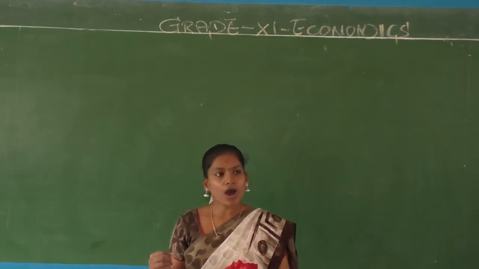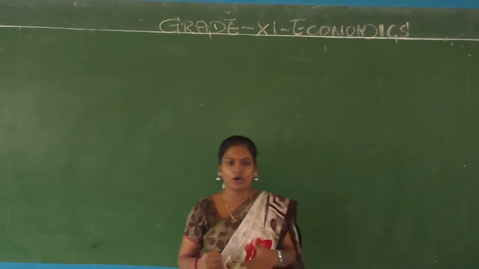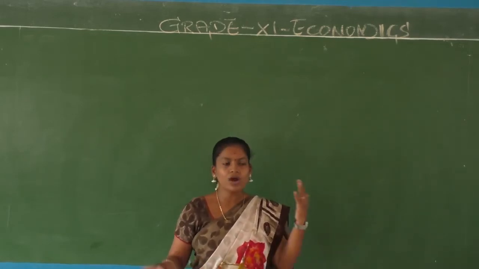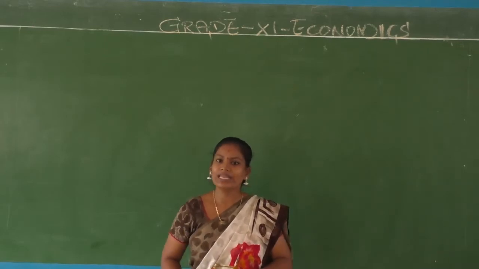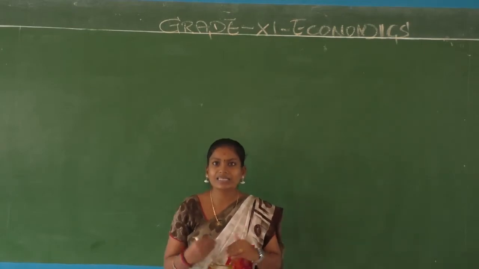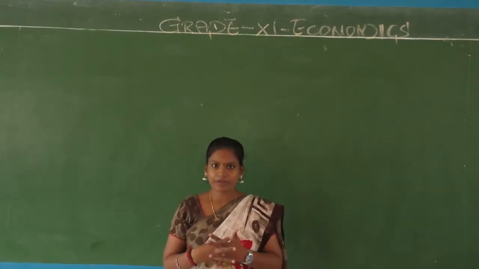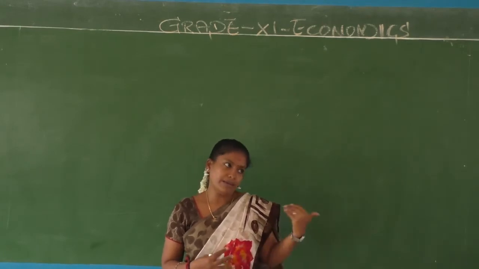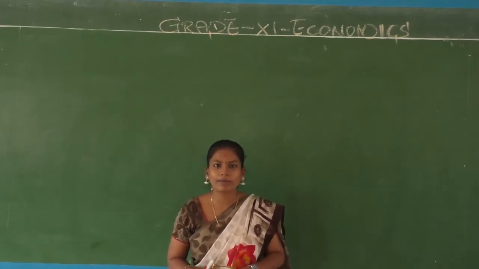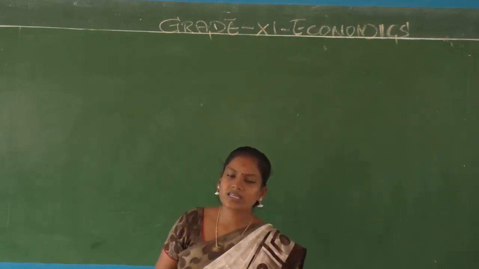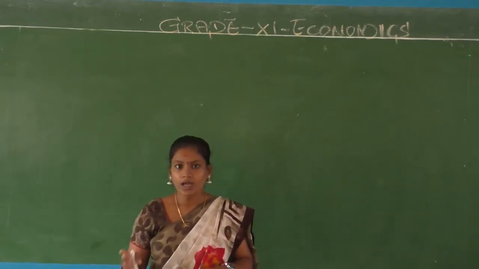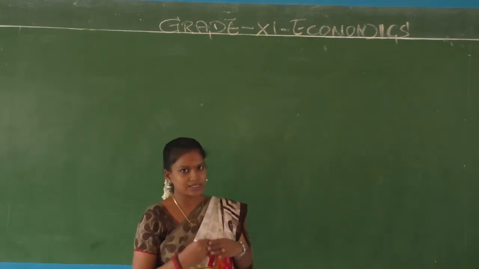Then we discussed how statistics helps economics. Why do we need statistics in economics? To compare and contrast, and for analyzing. We need a certain group of data for analyzing and coming up with a reform, which is called a policy. It may be poverty or unemployment, whatever the economic problem is, we use statistics to understand the problem and to figure out a proper solution. That is why we spoke about statistics in economics.